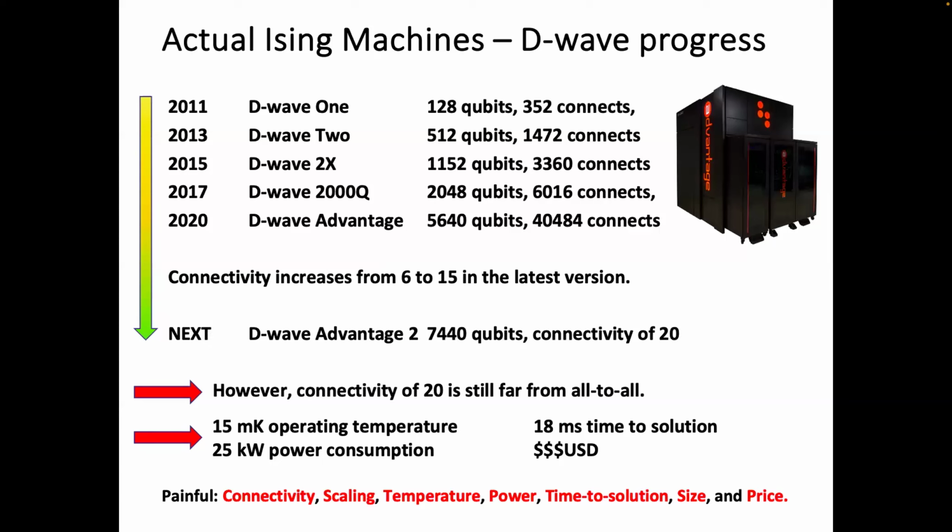So rapidly, I hope I'm not saying something that's wrong here, but D-Wave has had some tremendous technological development, and now I think has 5,640 spins with a connectivity of 15, and I think there's even better in the pipeline. But as you've heard in other talks also, this is not an all-to-all machine, so it has some pain points, you could say, if you want to solve combinatorial optimization problems.